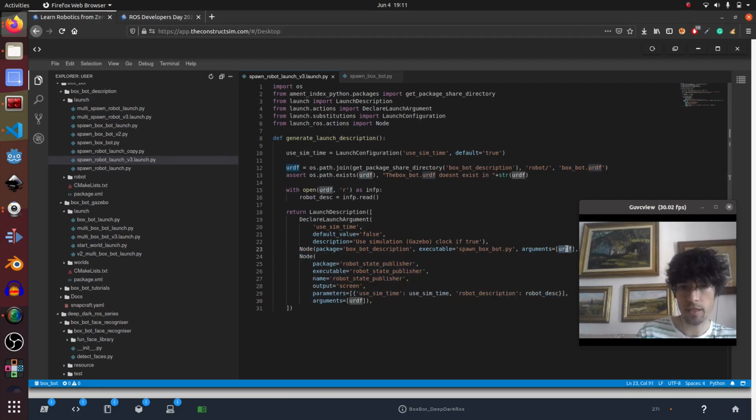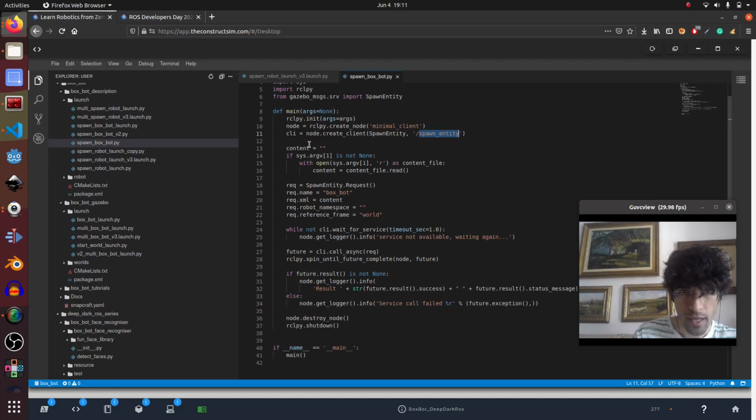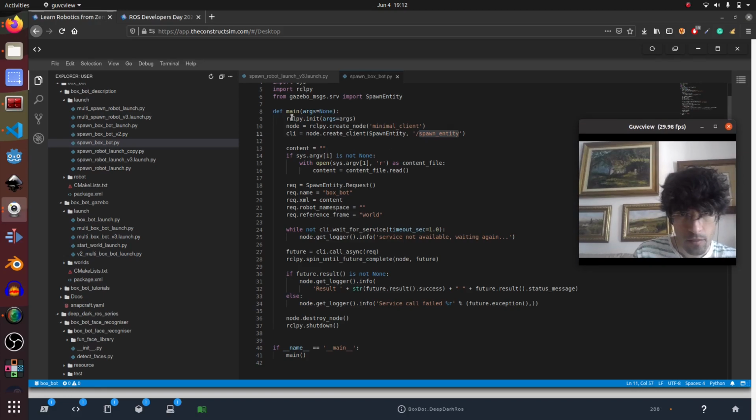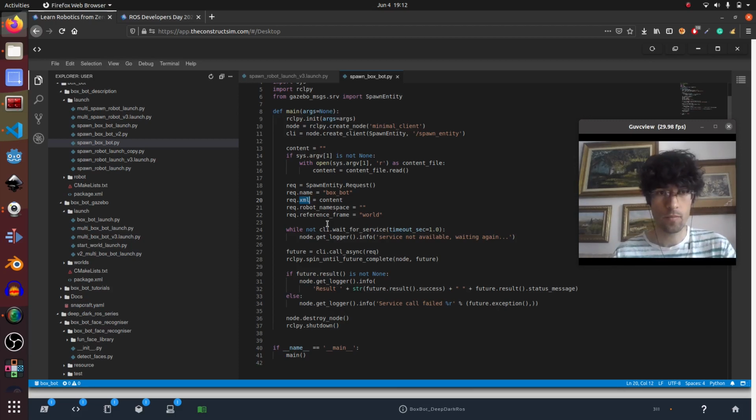In this case, we only need the path to that file, and inside this one, if we have, there we go. So basically, this is the content of the value that the XML. So basically, it's reading the same thing that we were doing in the other one. Yep. Okay. Now we have, in theory, our robot that it spawned in the world, and in theory, it should